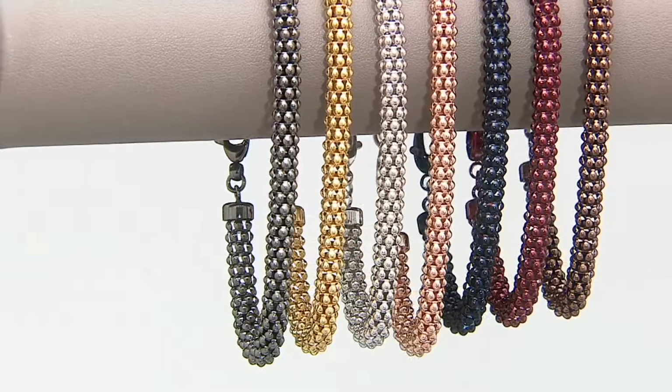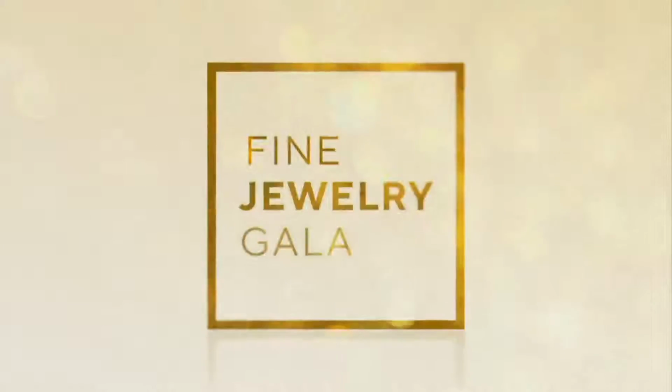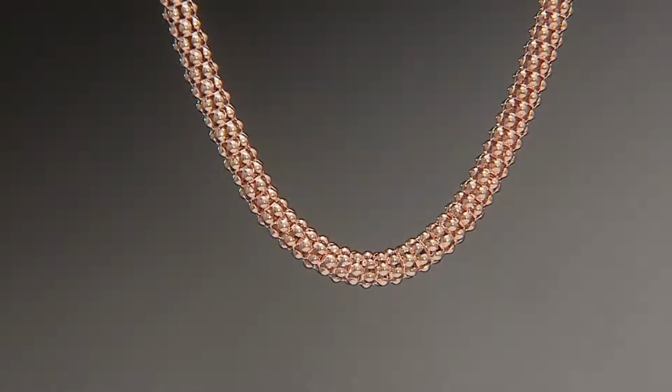All right, by the way, here's the information on the necklace. In the necklace, we have an 18, a 20,